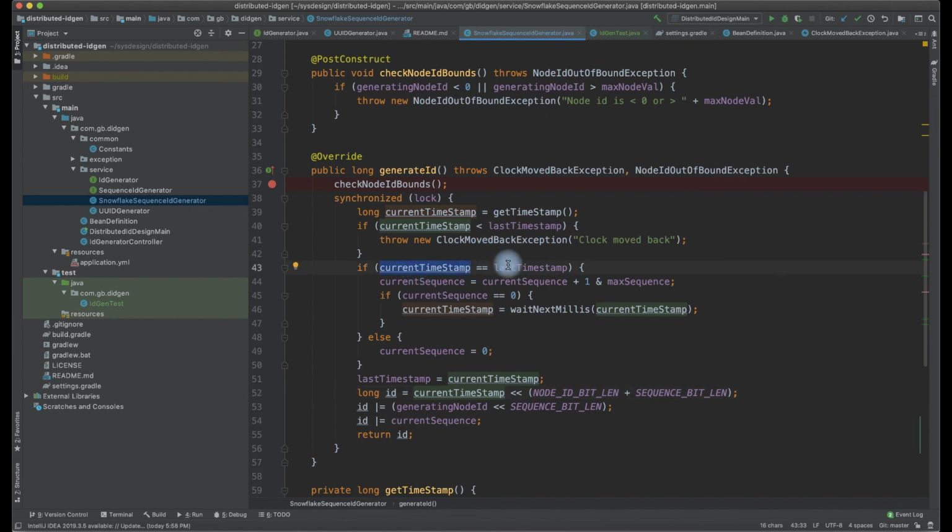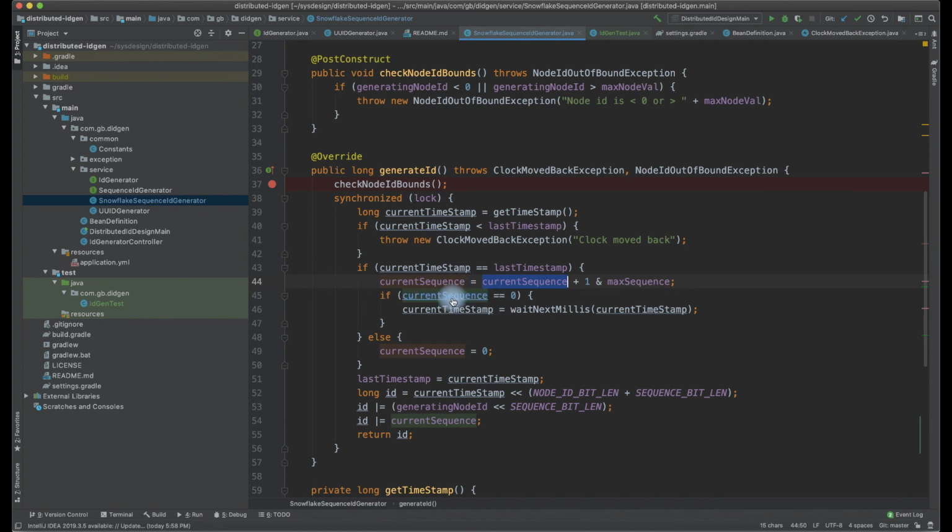If the current timestamp equals the last timestamp, or somehow the clock has moved back, okay. If there are thousand requests which landed on the same machine, because it is synchronized, we will end up having the same ID for all these requests. Here we are incrementing the sequence by 1, thereby generating a unique ID out of 4096. The max sequence is 4096, which is math.pow(2, sequence length), where the sequence length is 12. So we will end up generating 4096 unique IDs.